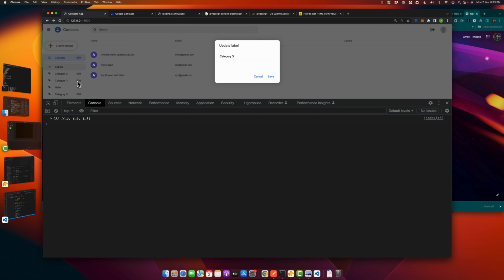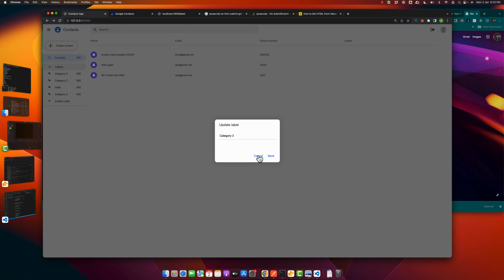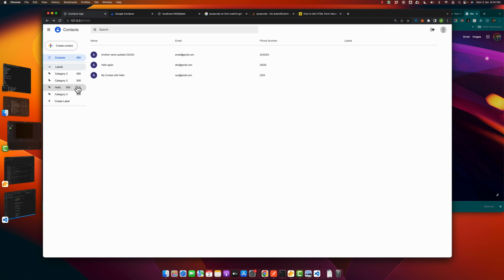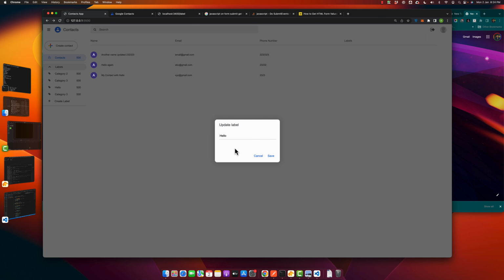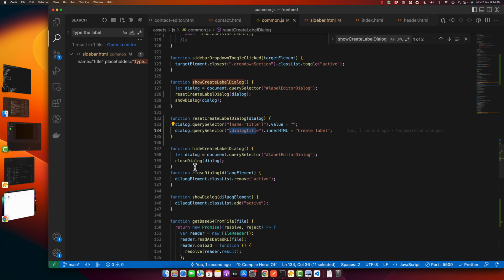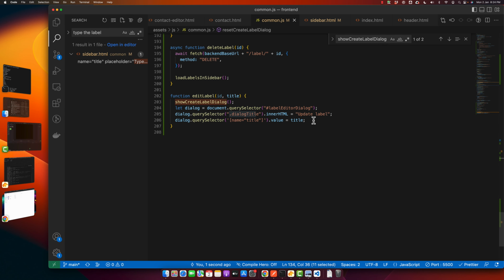If you click on the pencil, this time it worked correctly without any error message. If you close it and create the label, you will see the default state of the dialog. But if you click on the pencil, you will see the dialog that would look like this. Okay, now after that is done, I am going to hit the